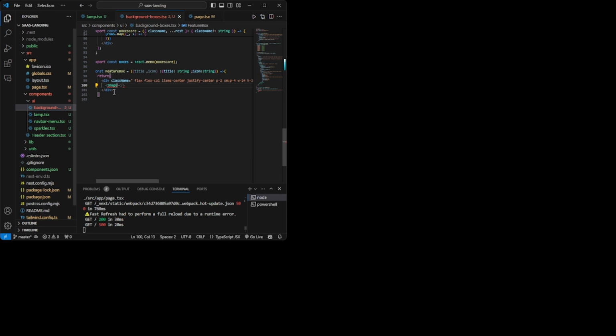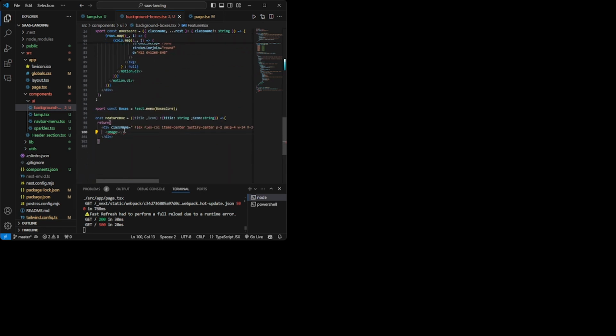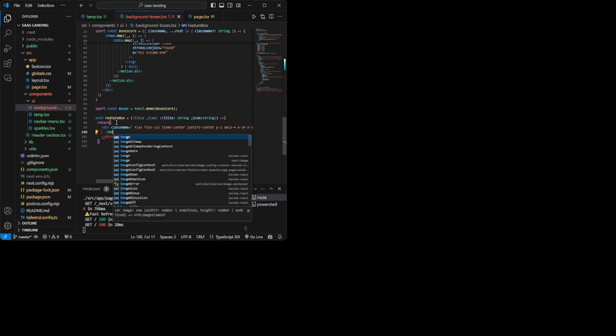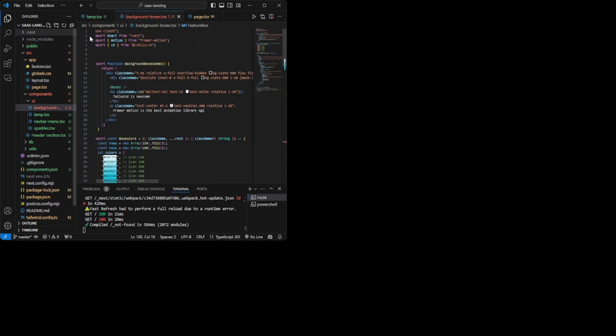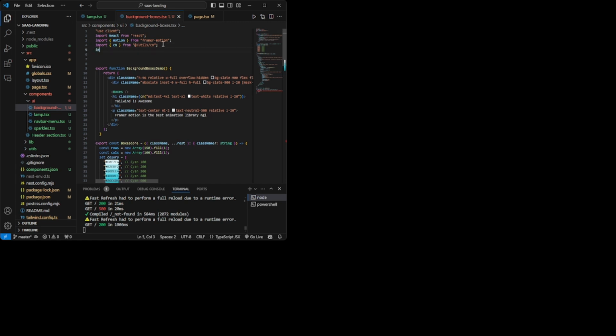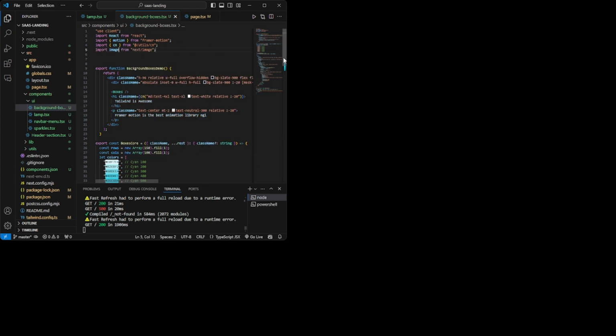In my image component, I have to import it also. Let me import Image from next/image.